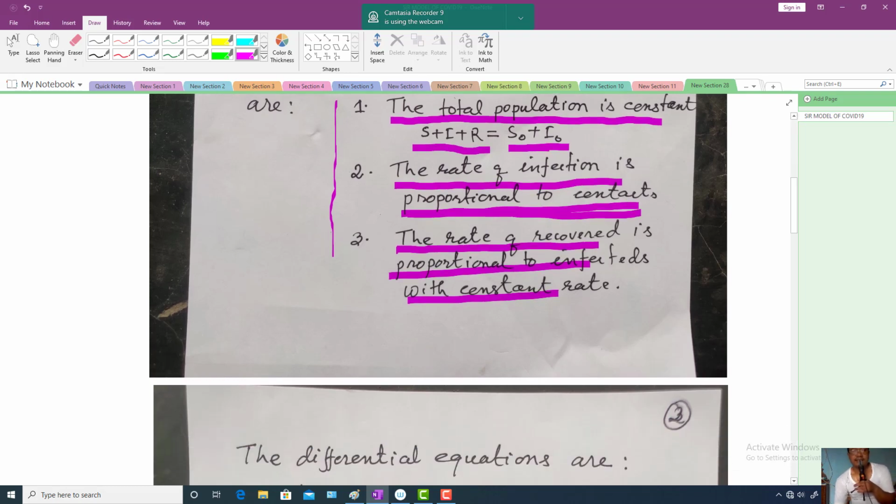Okay, and then again the rate of recovery, or recovered, is also proportional to the infected people. If there are more infected people, there will be more people recovered or more people dead. So that is quite obvious. If the number of infected people is more, then the recovered, or dead, people are also more. Okay, so these 3 basic assumptions we are going to make, and then we are going to